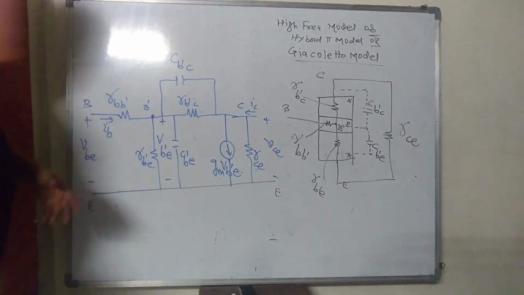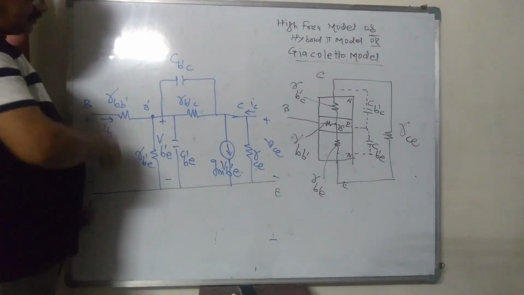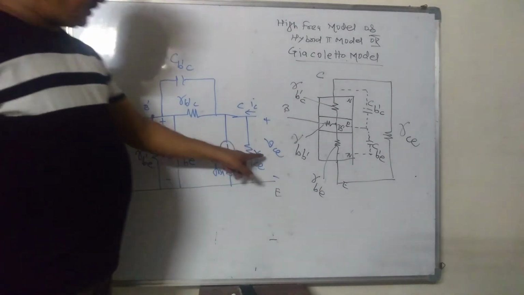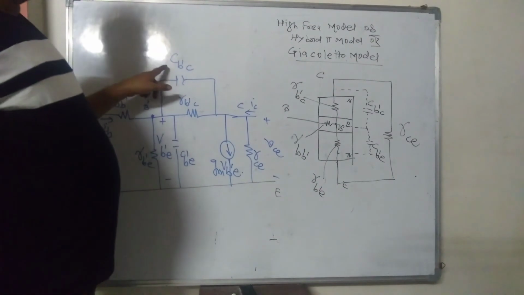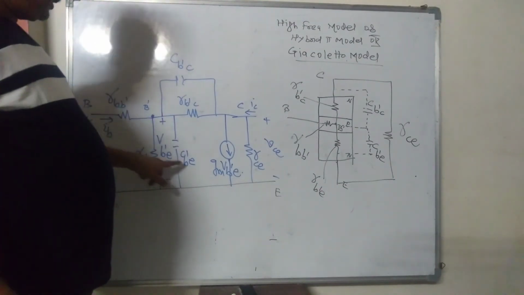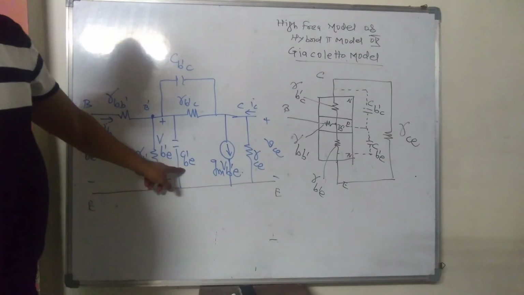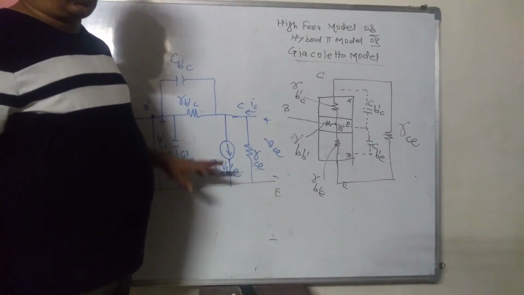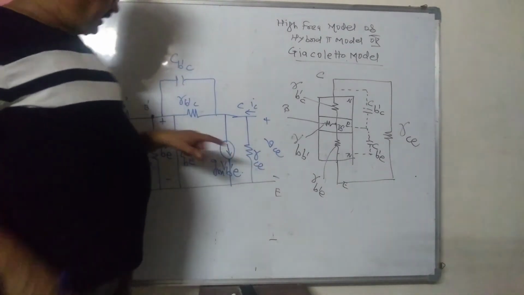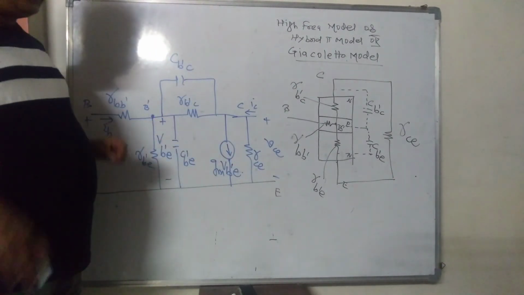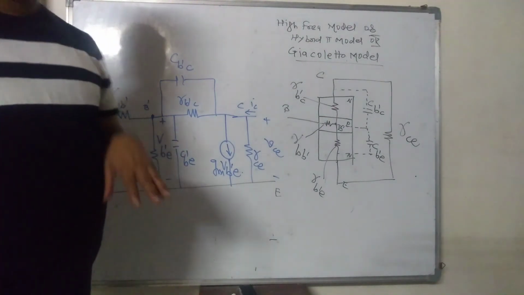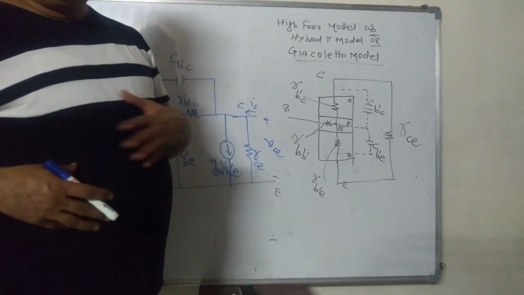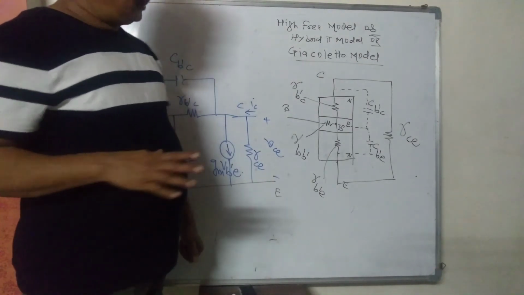This is an additional one. So this has a value of 100 ohms. This has a value of 1 kilo ohm. This has a value of 4 mega ohms. This has a value of 80 kilo ohms. This has a value of 3 picofarad, and this has a value of 100 picofarad. And GM is 50 milliampere per volt. The significance of each parameter and their typical values are provided to you in your notes, which will be given to you in PDF format.